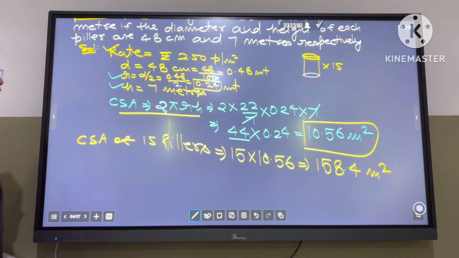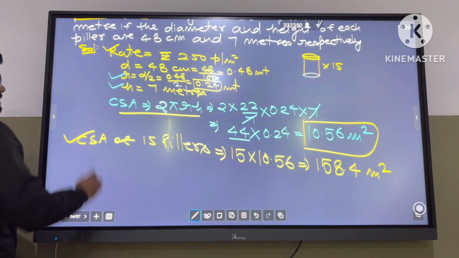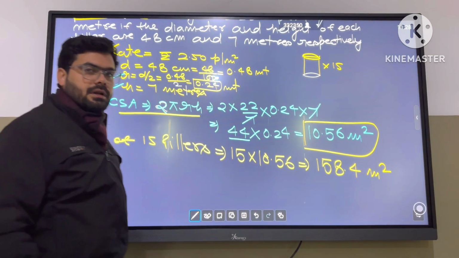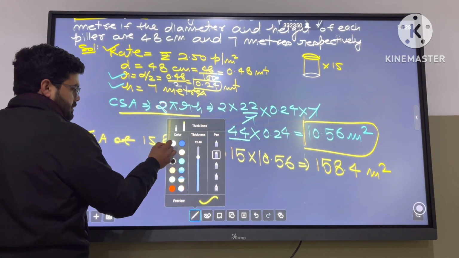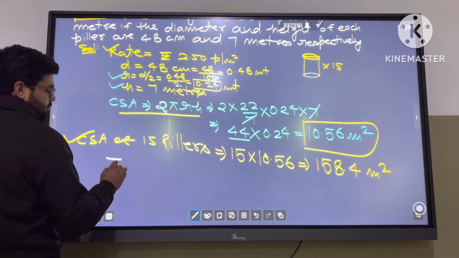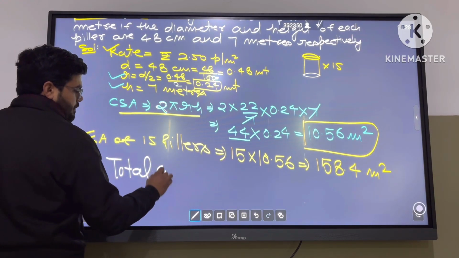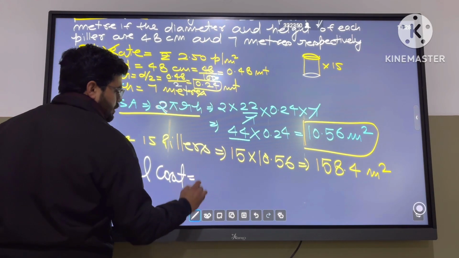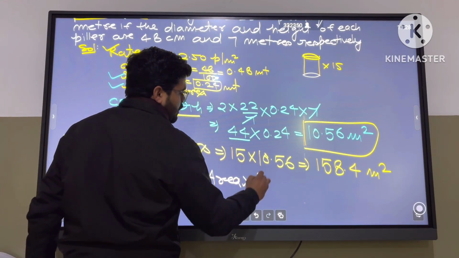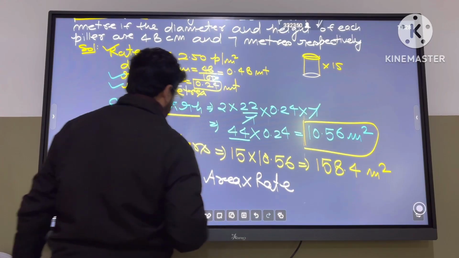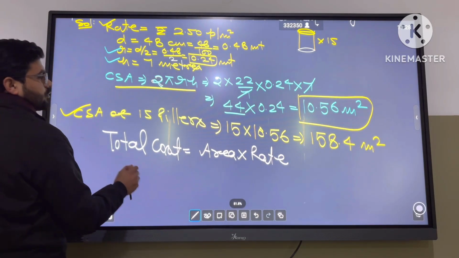158.4 meter square. This is the curved surface area of 15 pillars. So dear friends, इसमें बोला था find the total cost. So total cost is always equal to total area into rate. So the total area for this question